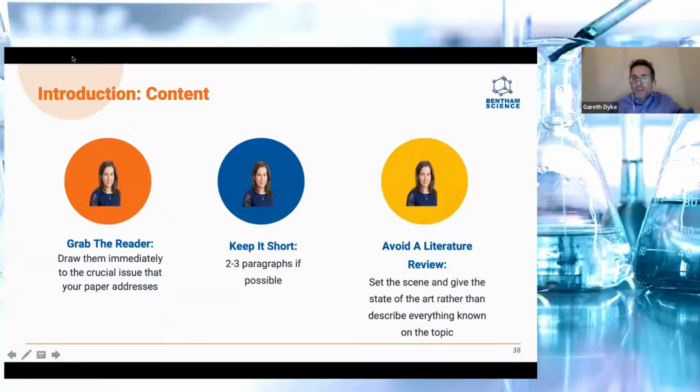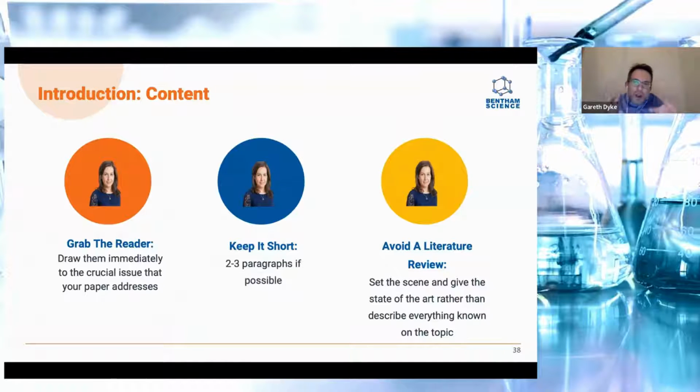So in your article introduction, you're going to have 3 sections where you initially grab them, get them interested, tell them what your study is about, keeping it short, 2 or 3 paragraphs if possible, avoiding a literature review, setting the scene, giving your reader the state of the art in the introduction,